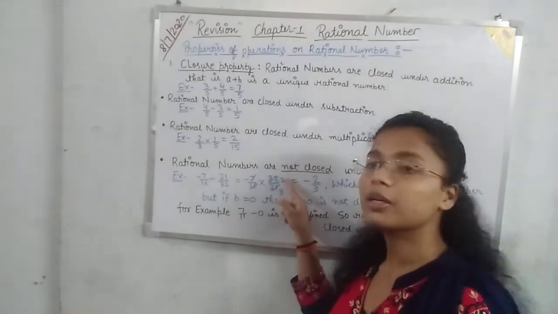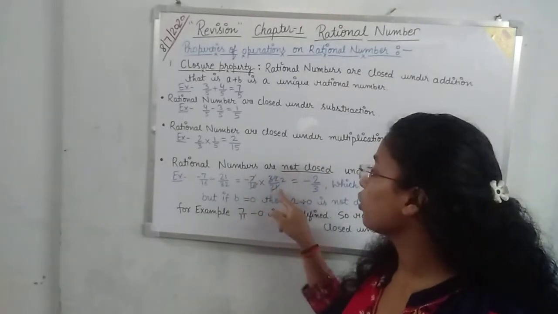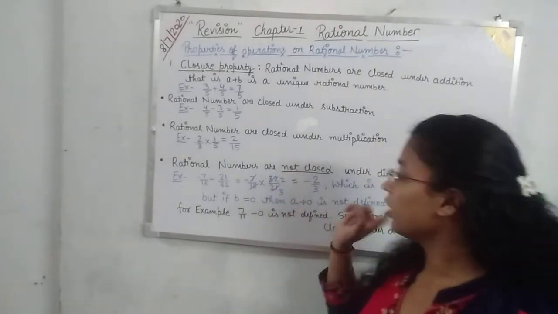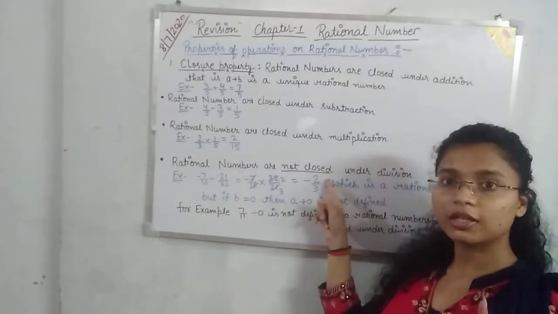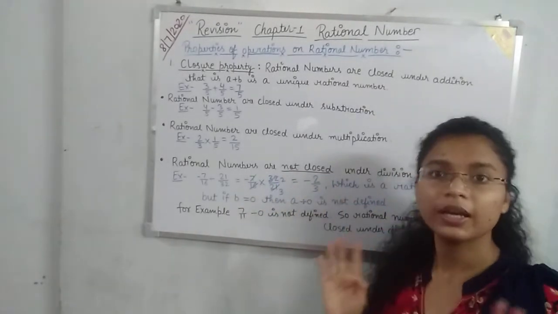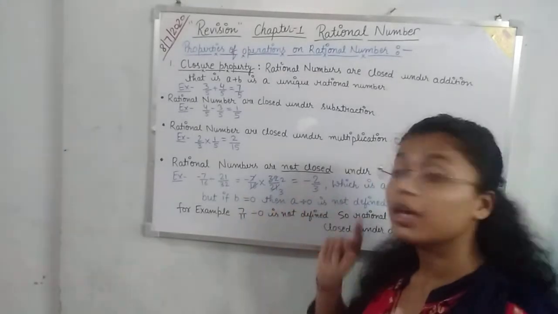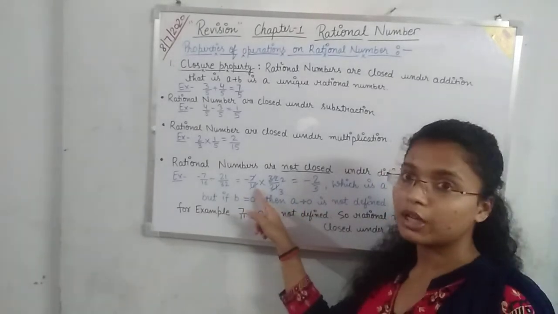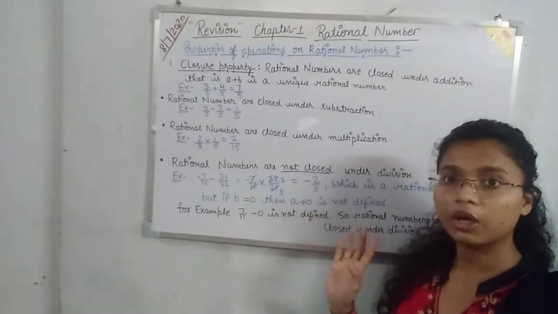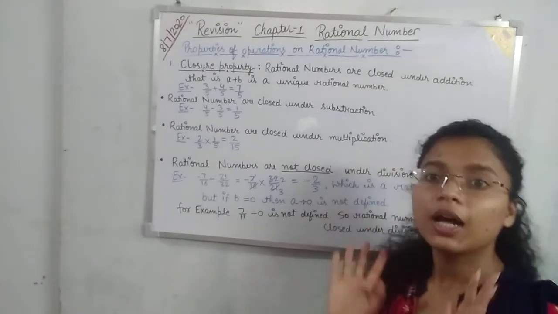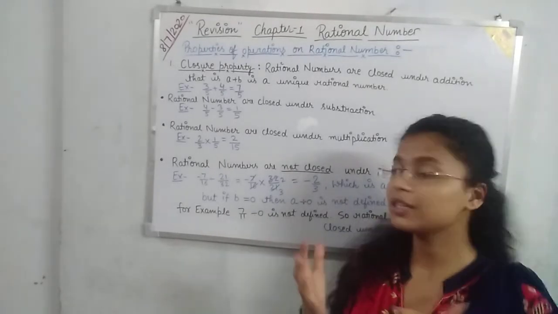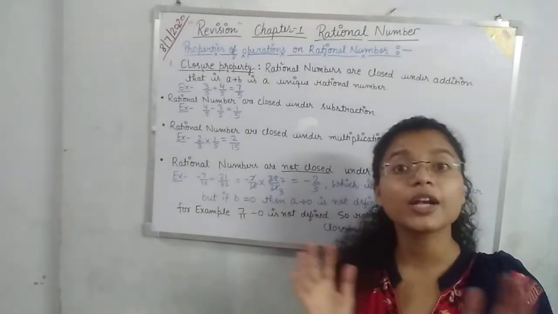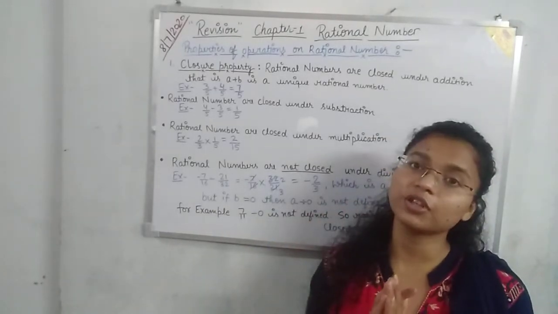16, if you divide it by 16, you will get 1, and the 32 gives 2, and when you cancel 21 and 7, you will get 3. So 1 into 2 you will get 2, and the minus sign will be as it is. Now in the denominator, here it is 1, 1 into 3 will give you 3. Okay, minus 2 by 3. Now here you will say that minus 2 by 3 is a rational number. So why are we saying that rational numbers are not closed under division?